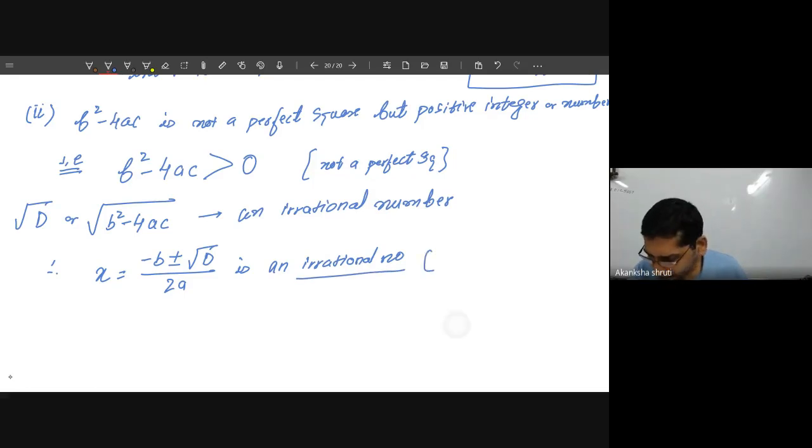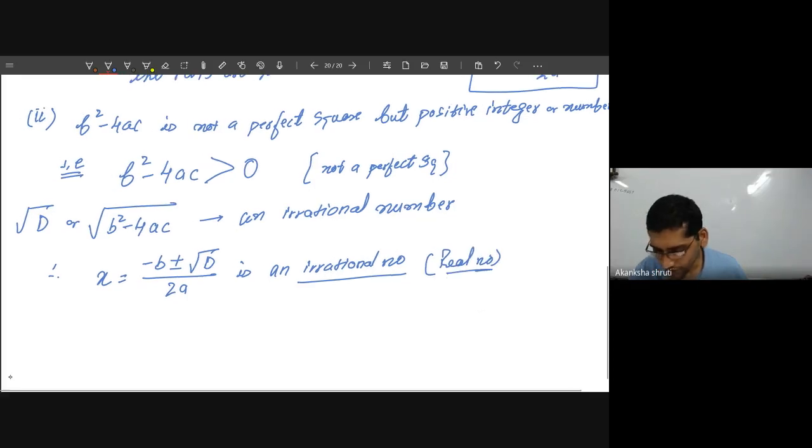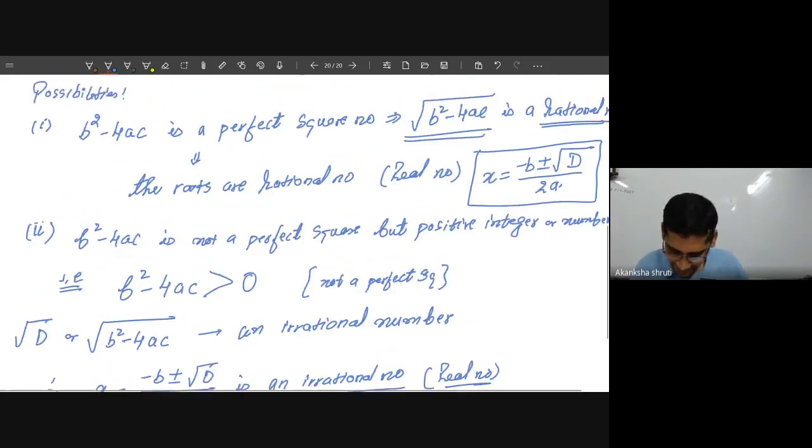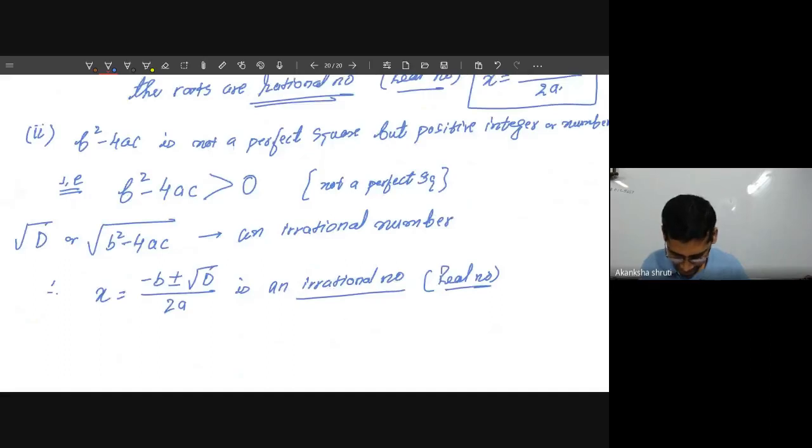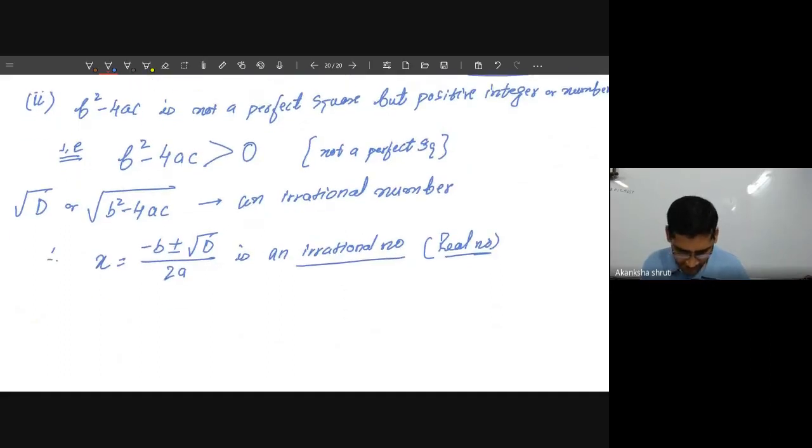So these irrational numbers are also real numbers. Keep in mind, real may be rational. It becomes rational only if it is a perfect square. If it is not a perfect square, then irrational. Now, students, the third possibility is that